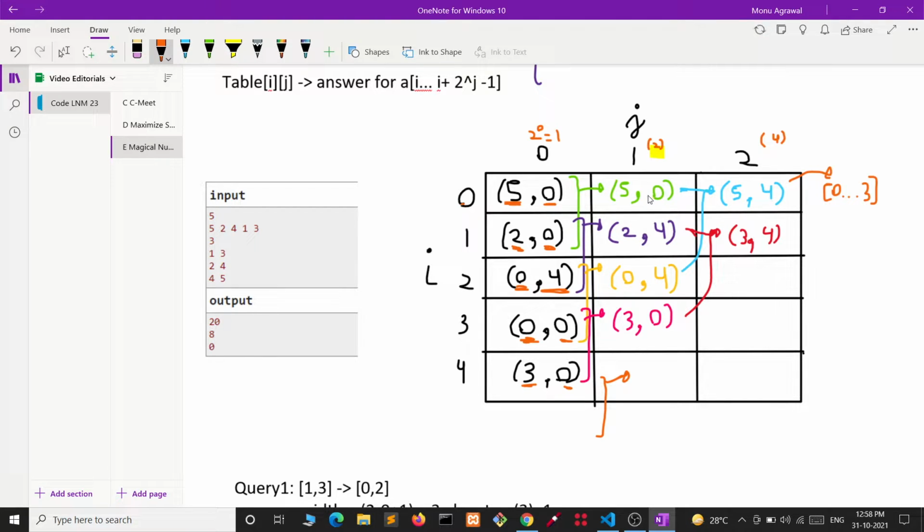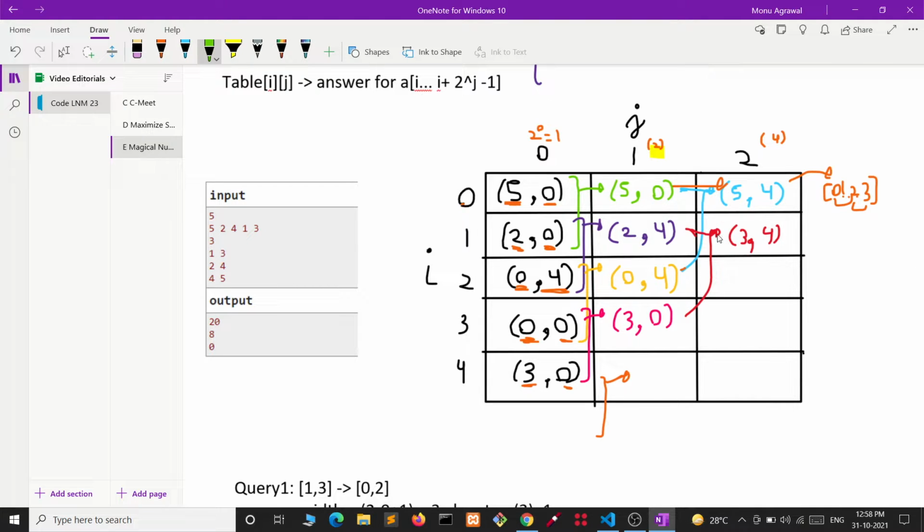For 0 and 1 we have already taken the answer from the previous column, and for 2 to 3 we can just take from here, like this is from 2 and it has width 2. So we can get 2 and 3 from here. So we will combine it like this.